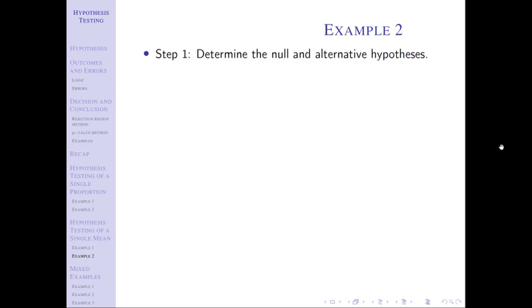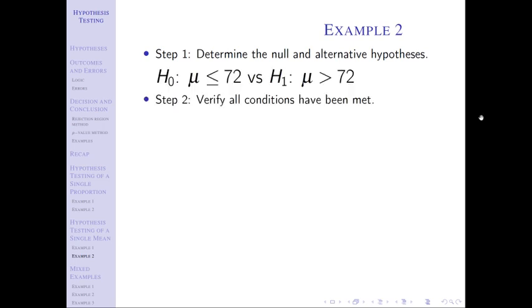And so we have our claim that the average thermostat for all of the rooms is set above 72. So the claim would be that mu, the average being the mean, of all the rooms is above 72. So the claim would be mu greater than 72. Because it's a directional claim, we know that direction is what the alternative is. So we'd have a greater than alternative, a right-tailed test, and then the null would be less than or equal to. And make sure you know why that's 72, not 73, as we talked about just a second ago.